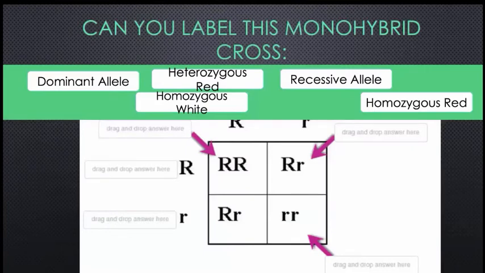This shows the types of genotypes of a cross by using the letter representations of the different alleles. Capital letters represent dominant alleles, and lowercase letters represent recessive alleles. The top row shows the two alleles of one parent. The left column shows the two alleles of the other parent. And the four boxes, when we look at a monohybrid cross, with the two letters, illustrate only the possible genotypes